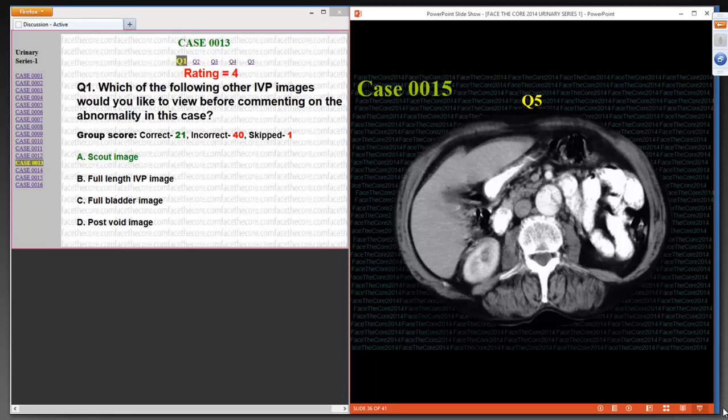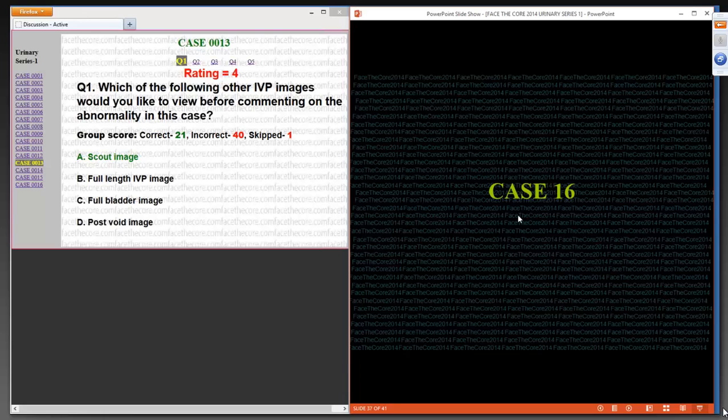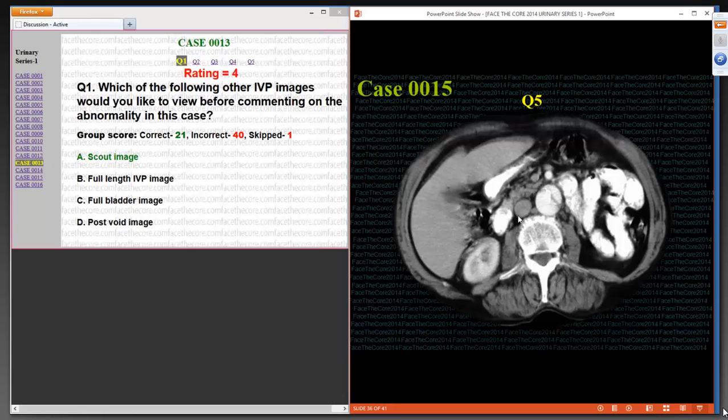The reason you do a loopogram is because you are going to be able to see reflux on both sides, because there is no anti-reflux mechanism left when you create a stoma. The bladder is gone, and there is no anti-reflux mechanism. So you are going to see reflux up into the ureters and collecting system, and if there is any recurrence in those areas, you will be able to see it much better. Also the collecting systems may look slightly dilated because of that reflux, and that is a normal appearance of a